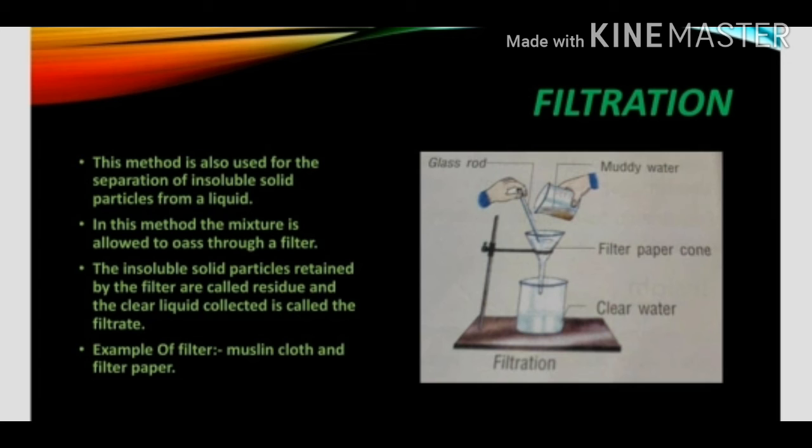In our common, daily life, commonly used filters are a piece of muslin or malmal cloth and filter paper. In the laboratory, filter paper is used. A layer of cotton or a layer of river bed sand can also be used as a filter. In the filtration process, the size of the pores of the filter is very important. For good filtration, the pores in the filter should be smaller than the size of the particles to be removed.